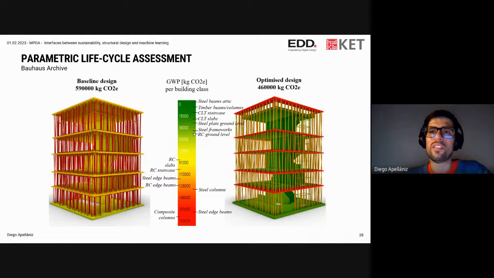In this case, I'm comparing two options here. Probably no one is going to tell you this, but if you have a signature building, which catches your attention, the first thing that you have to realize is that its carbon footprint is certainly bigger than if that building could have been built with a regular geometry, with regular columns, regular slabs, and regular structural systems. If you are doing it this way, you are producing a bigger carbon footprint. So the first design step could be, okay, how much more CO2 am I producing, and is it worth it